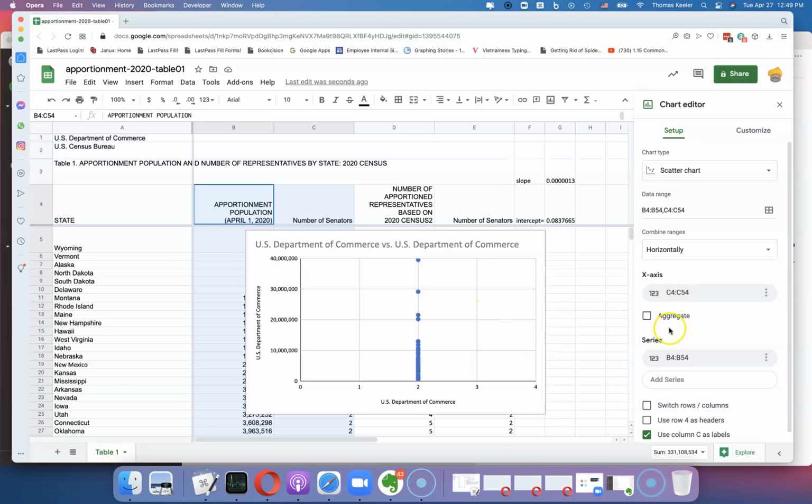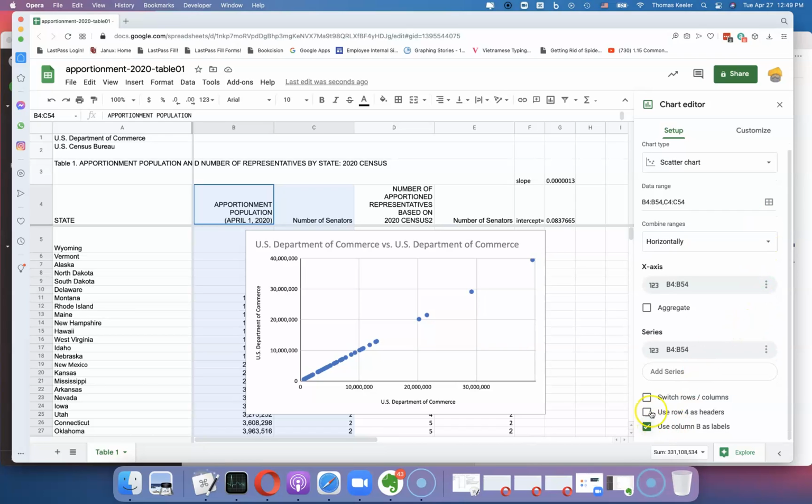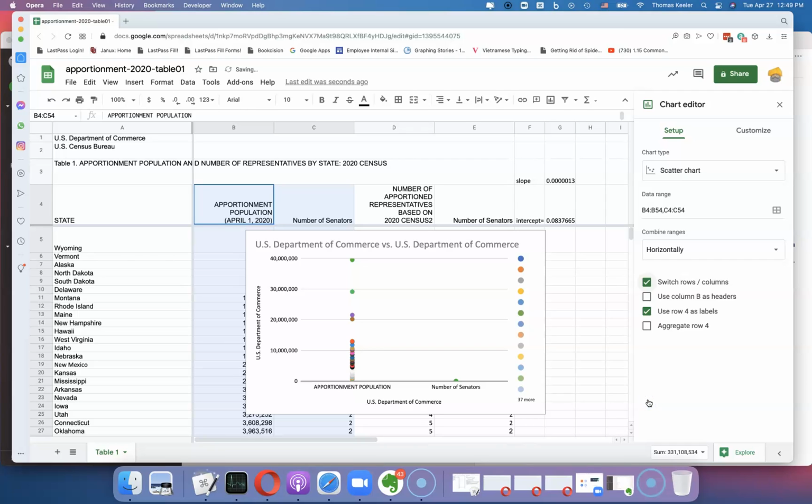And that's not what we wanted. X-axis is that, so we're going to change the x-axis. And there we go. Finally, we got what we want. It shows you if you stick to it long enough. Okay. But that one is completely wrong, right, because it's showing just the population to the population. So what we want to do is... it just wants to do what it wants to do, doesn't it? So what we wanted to show is to get a line that has 2 on there. So is there a place, switch rows and columns? Doesn't do any good. All right. So we give up and try to find another